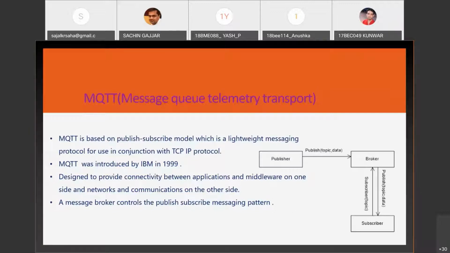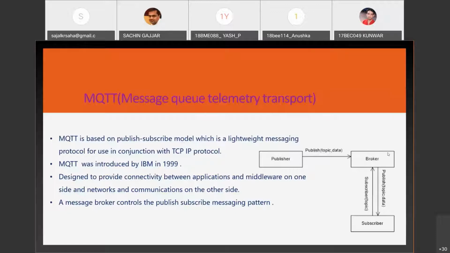That means all of these will be subscribers. So I have to subscribe. Say I need the temperature data, but my mobile subscribes to another topic, needing only how much power has been consumed by each of the IoT devices. Whatever subscription they want, they have to do it through the broker,